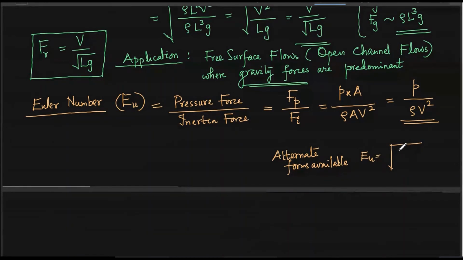So square root of rho V square by p, and many a time V may be taken outside the radical, then square root of the denominator, p divided by rho. This alternate form is also available in some other literatures, but I prefer this one for you: p divided by rho V square, that is Euler number. So whenever, in pressurized flow situations, pressure flow, pressure driven flows,